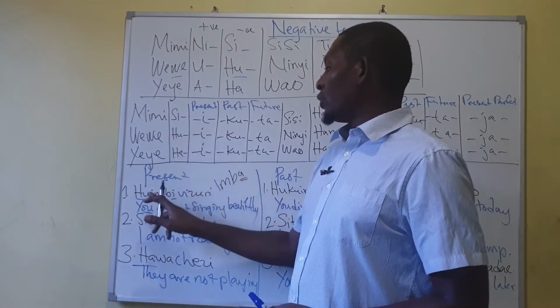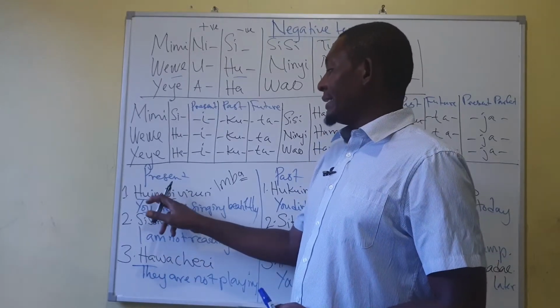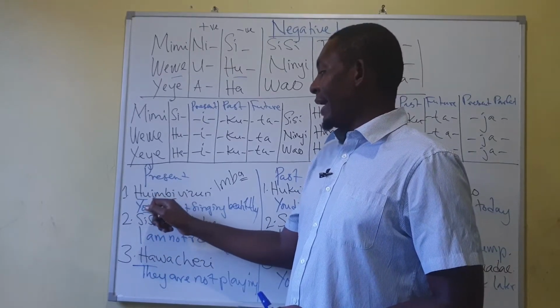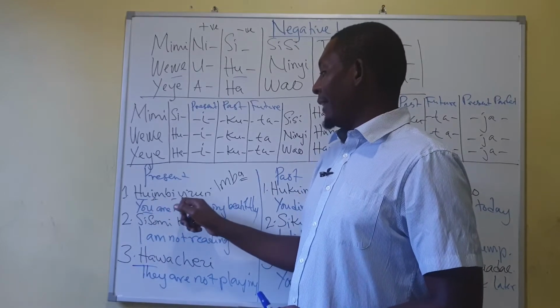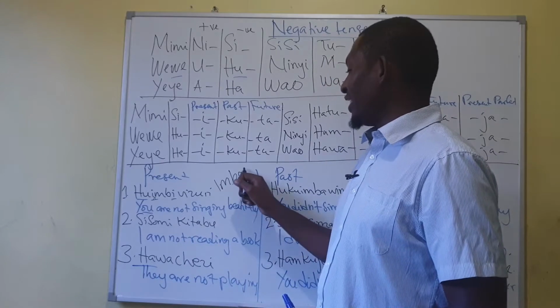So you put hu at the beginning, and you delete na here, and then na is represented by changing the